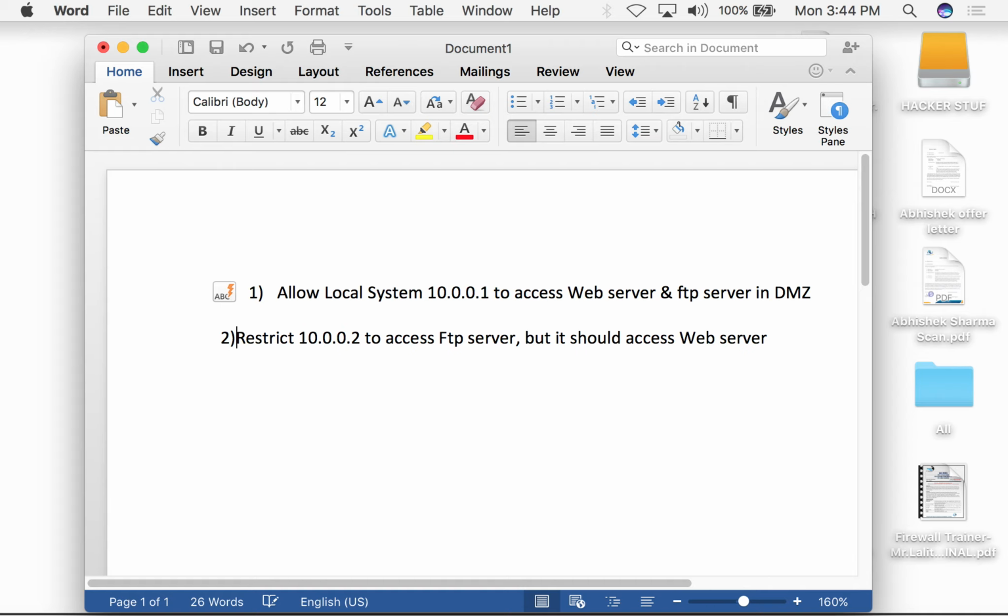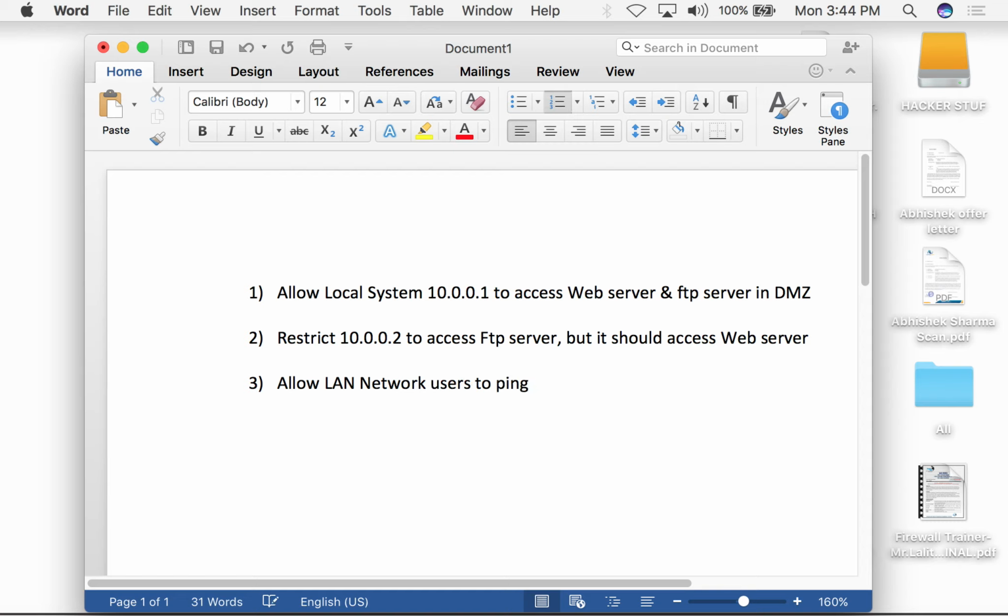This is second requirement, and your third requirement is allow LAN network users to ping DMZ network, entire network to network. So first what we need to do, we already created zones and all the stuff, right? Now what we need to do,